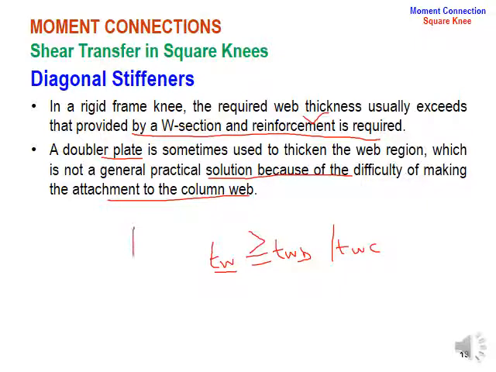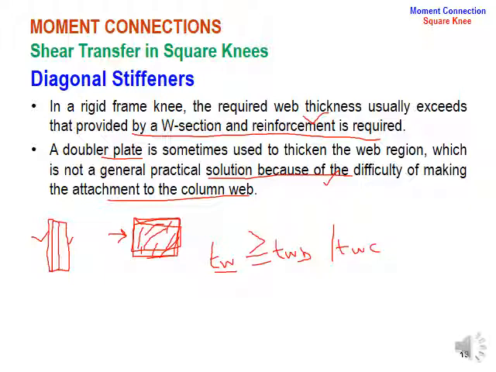What I mean to say is that if in 2D this is the knee connection and we are providing a double plate over here, it means another plate has been provided. If we see from this side of the joint, you are providing a whole plate on this side and one complete plate on the planar region on the other side. This gives a complete connection on all sides, so all the needed welds or bolts have to be connected. It is generally not an easy approach from the fabrication point of view, so we are not following that.